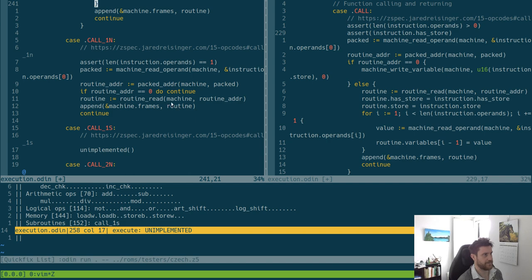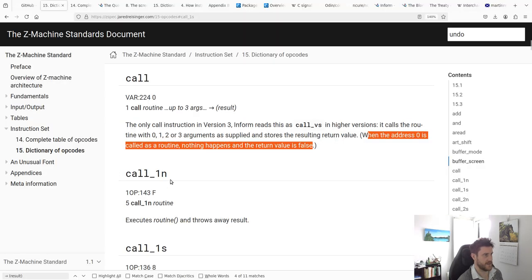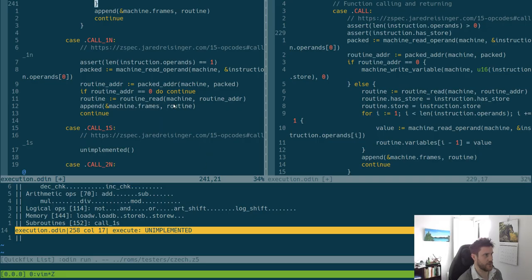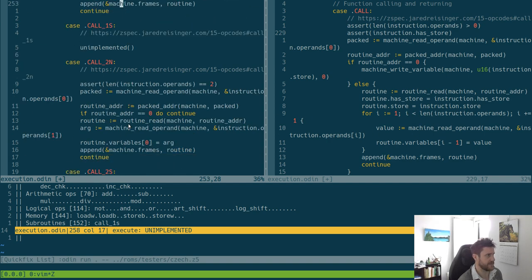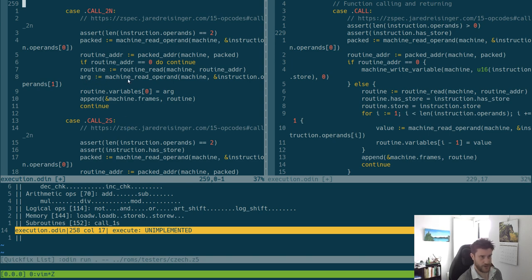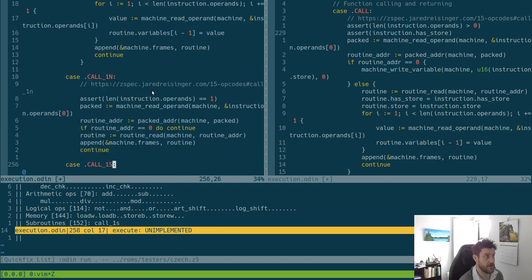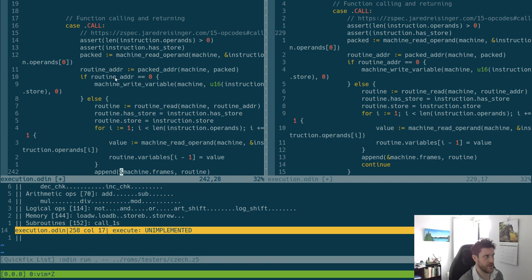And then here, 1n is actually a bad example, because all it does is call that, but it only has one operand, and we've already read it, and this starts from 1 and goes up to however many operands you do. So if we look at 2n, we can see that the arg is just reading the operand, and then we put it in the variables array slice, I think it is. This could be slice or array, who knows. And we store that to that. And they all do this append thing, unless it's 0. So what I think we can do is actually do